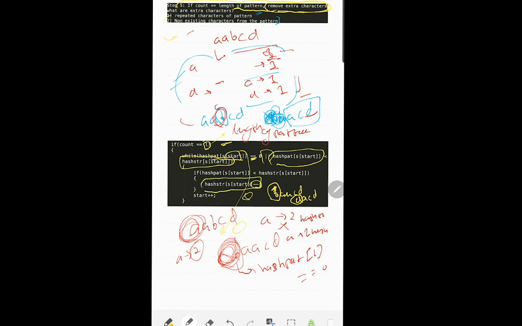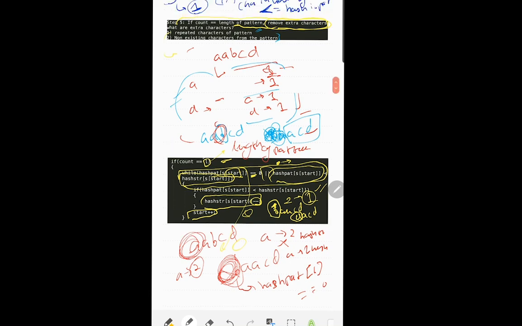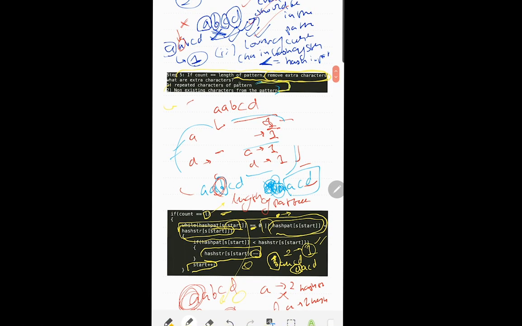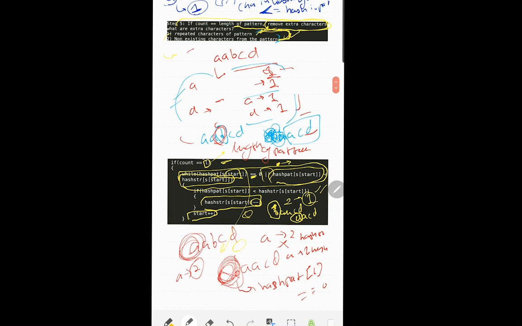You can see here it is decremented by 1. So from 2 it becomes 1, and that is what is needed, right? And start plus plus. So I just move from this current value to the next value until when this happens, right? While either of the conditions is satisfied, that is either I have extra characters or non-existing characters, right? The two conditions mentioned over here, that either I have repeated characters or non-existing characters. So this was the most important step of this. If you've understood it, that's great. If you've not understood it, I'll recommend you to go through this part again.